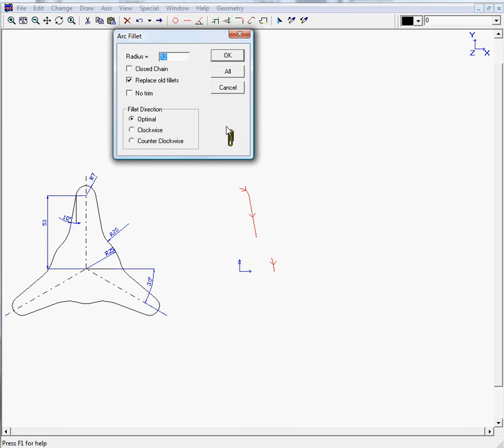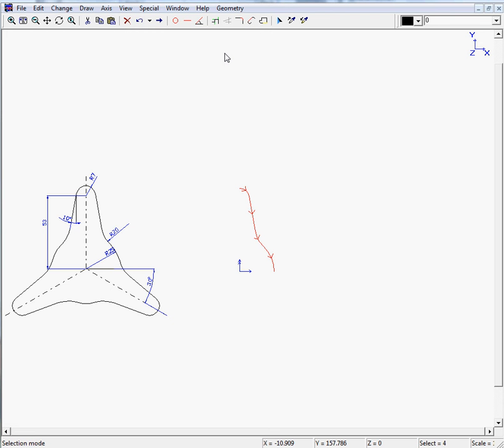If you look at the paperclip, it means that you maybe want to deselect some options. In this case we will deselect replace all fillets, as we don't need this, and we will enter a radius of 20 and we will click on OK. You can now see we have almost 1/6 of our profile. I will make this a little bit shorter by using the modify button, and we can now